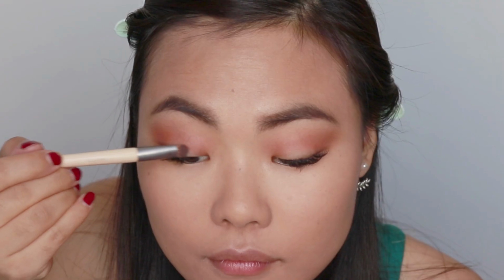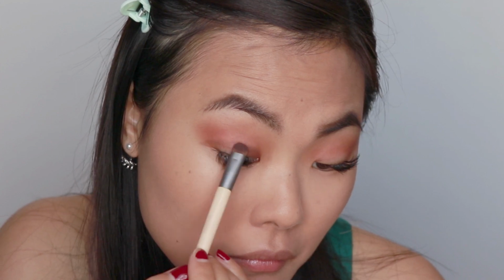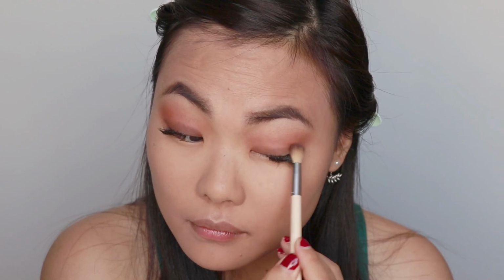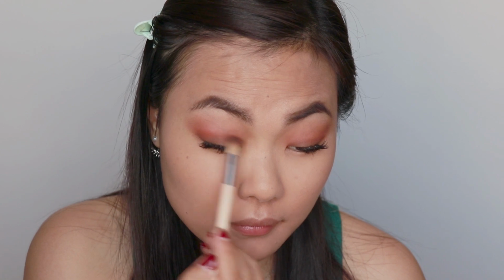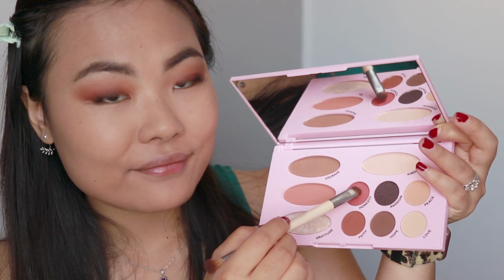Next, taking the dark brown color called Hope, I'm placing that right on my lid just to give it that smoky, defined depth that I really want. Now I'm going to go ahead and blend all of that with the shade called Faith and just make it all seamlessly blend together. I'm taking that shade Honesty again, and I'm going to place that right on the lower